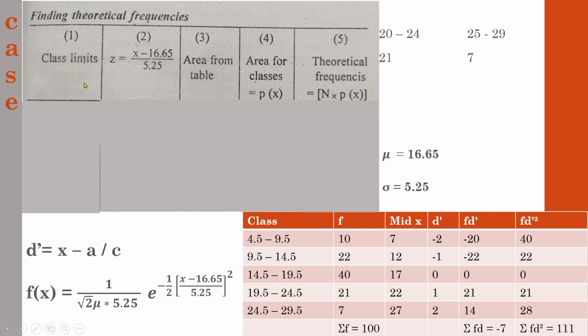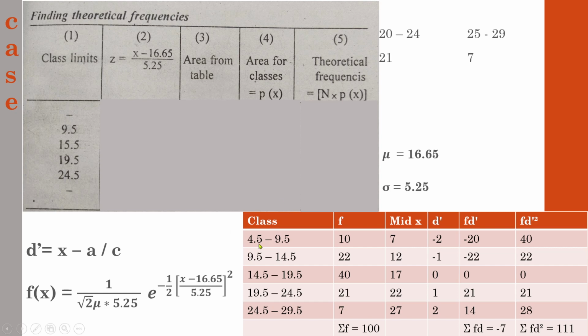So first one, class limits. Even though the concept is to write down the lower values of the class limit, it's better to follow like this. In your text, it is written like first one, it is a dash. In some other texts, different authors use different patterns. In some texts, they will use an alpha sign. In some texts, they will use an infinity sign. In our text, they are using a dash. But instead of that, we will follow another one that is much better from the examination point of view.